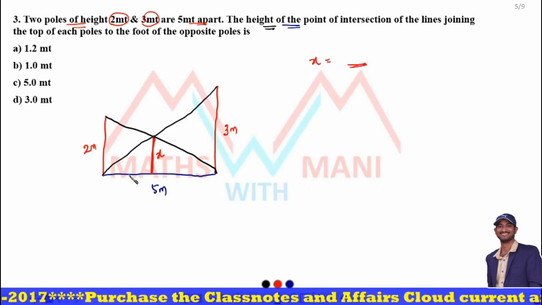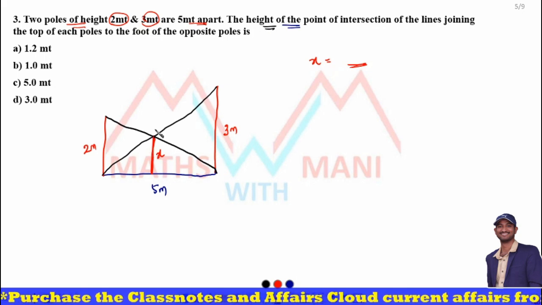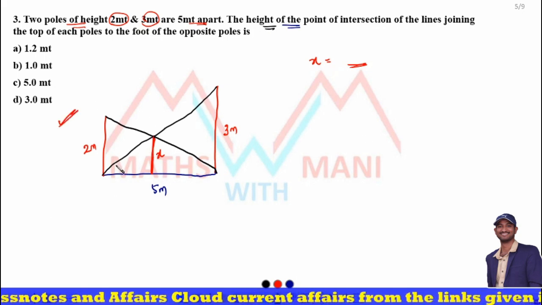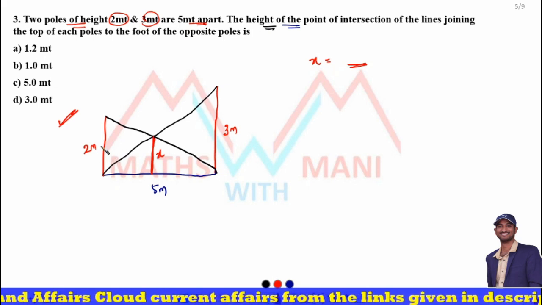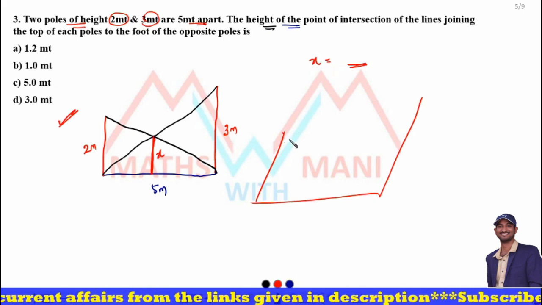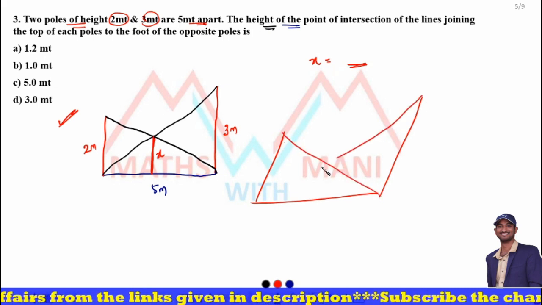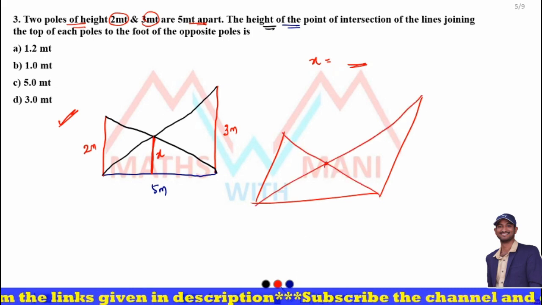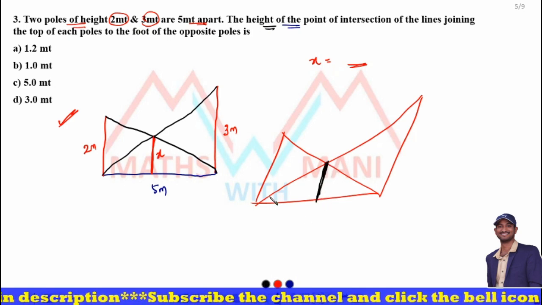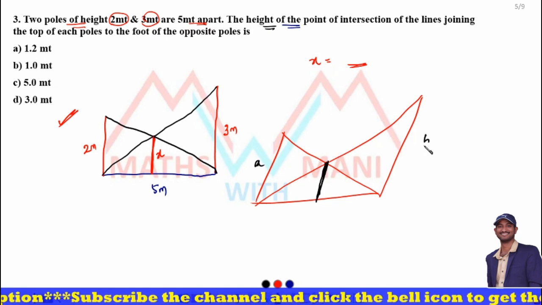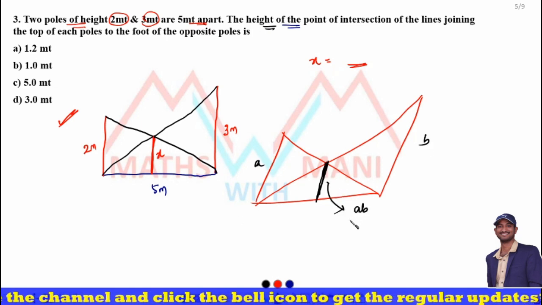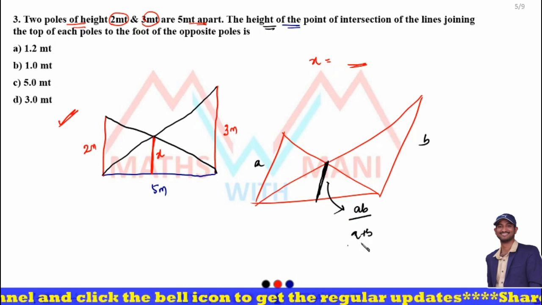Okay, in similar triangles I told you this directly. Whenever these lines are parallel and the tops and bottoms intersect at some point, and the length of this black line segment is A and this one is B, what about this line segment? Product of the values by sum of the values.